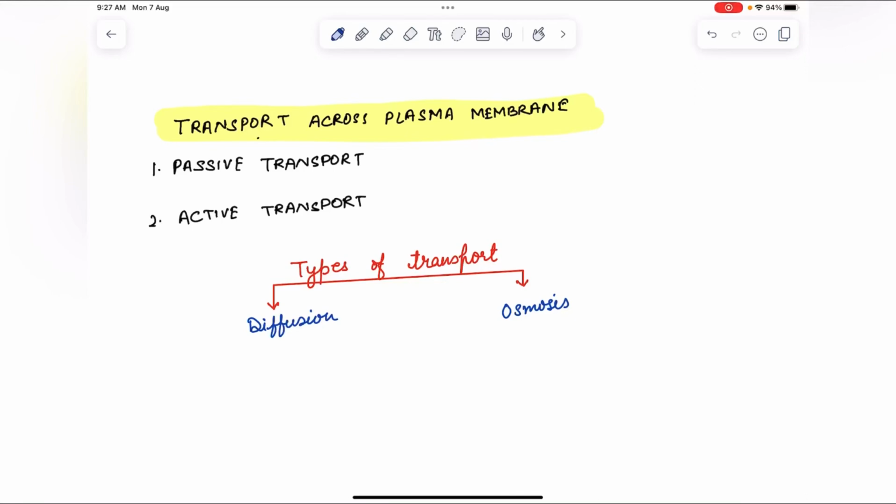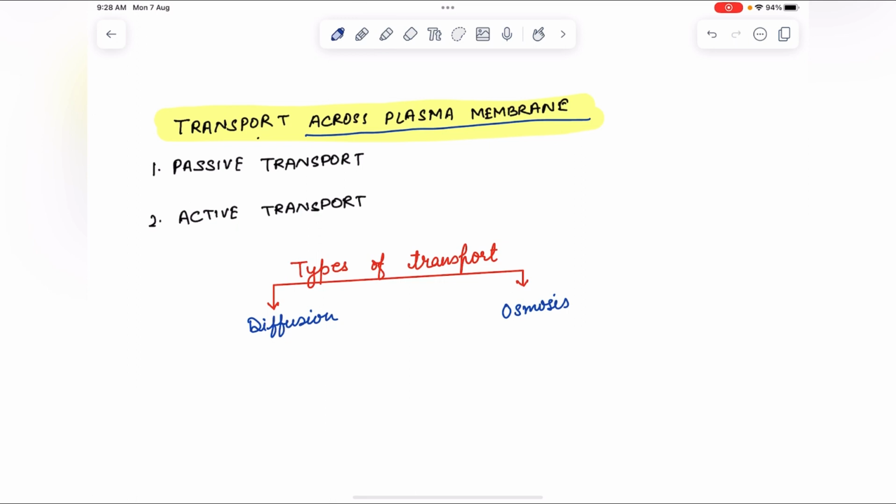In this video, I am going to discuss transportation across the plasma membrane. In all living cells, substances may pass across the membrane with or without the expenditure of energy. What do we mean by expenditure of energy? It means ATP or energy is required, or in some kinds of transportation, energy is not required. So we'll study this transportation